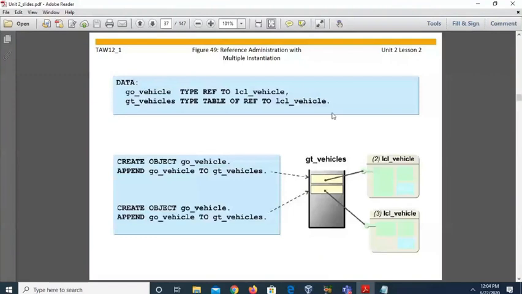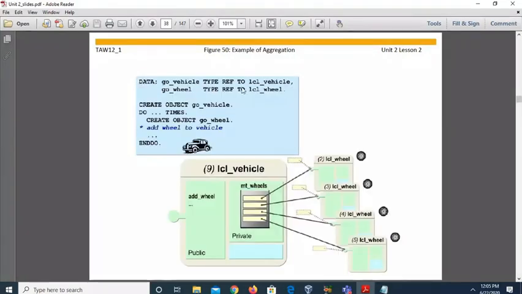And how can we do it with the help of aggregation? The same thing. Firstly we do data go_vehicle type ref to class name, then go_vehicle type ref to LCL_vehicle. We have already studied aggregation and composition in lesson number 2 of unit number 1. We have two types of associations, special associations: aggregation and composition.